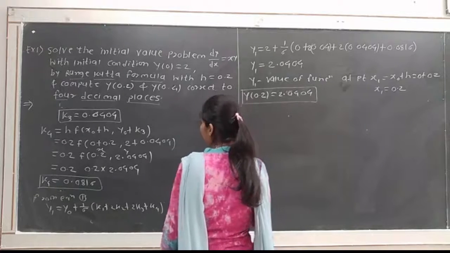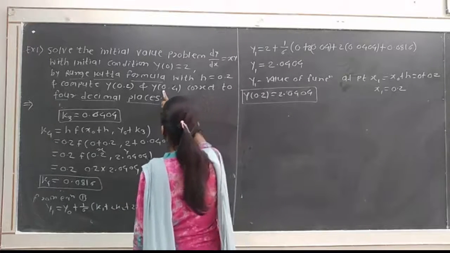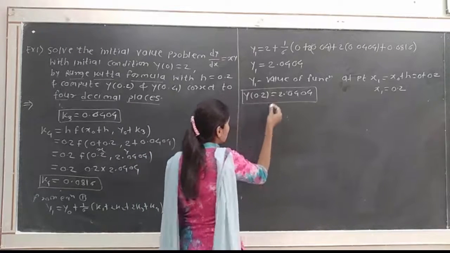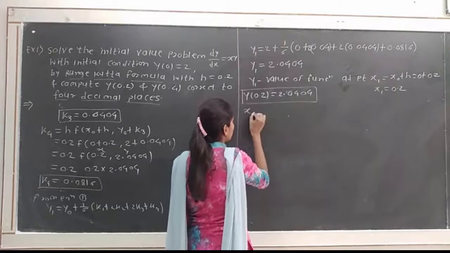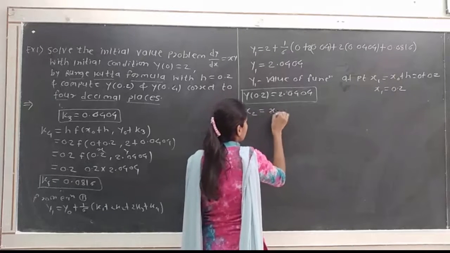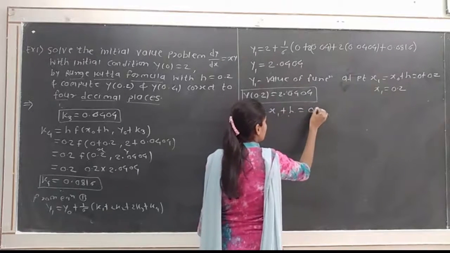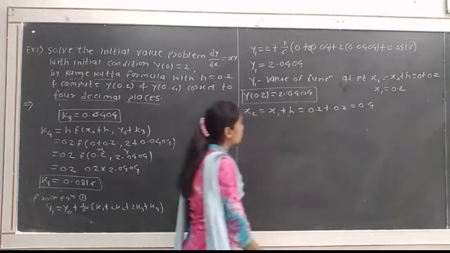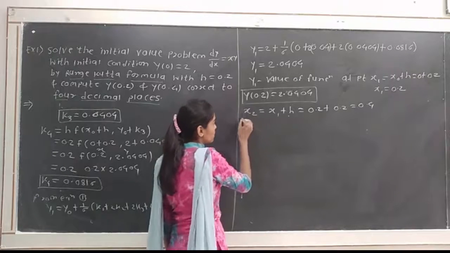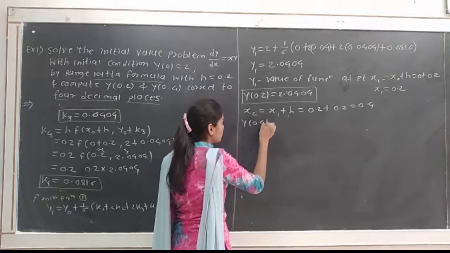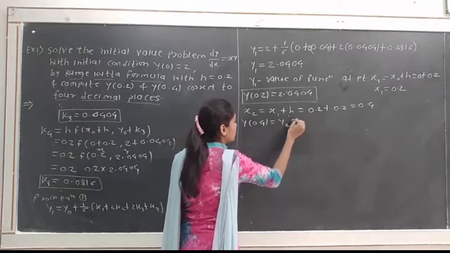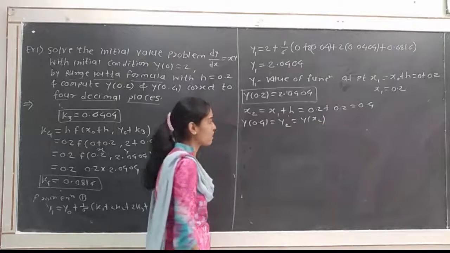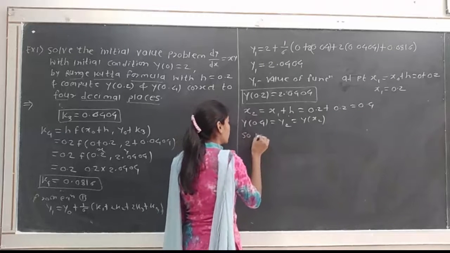Then we again find the next value of the solution, at 0.4, that means the next point. So x2 is x1 plus h, where x1 will be 0.2 and h will be 0.2, so x2 will be 0.4. That means y2, y of 0.4, that is y of x2, we have to calculate this value, so we use